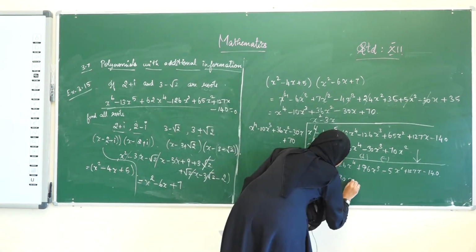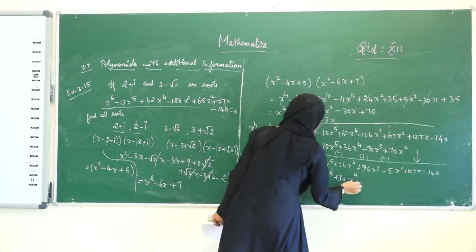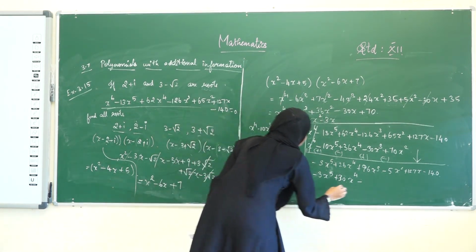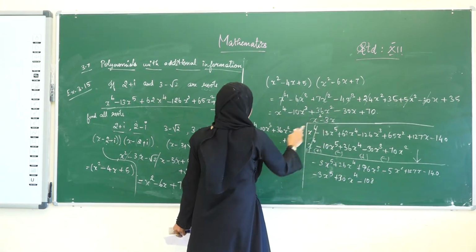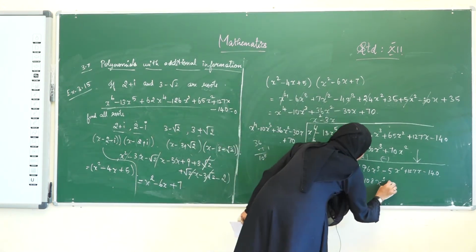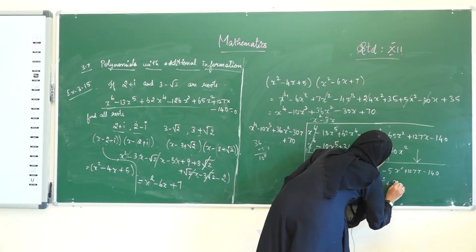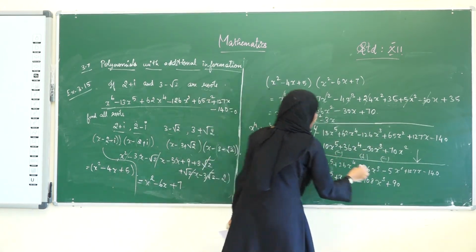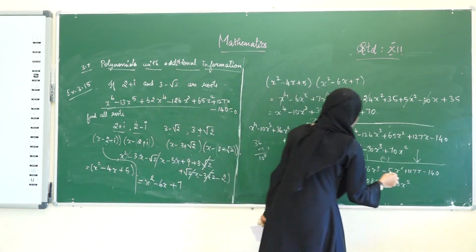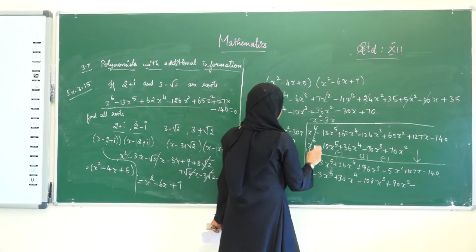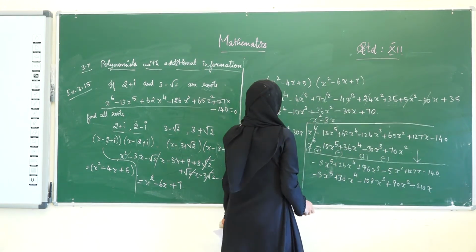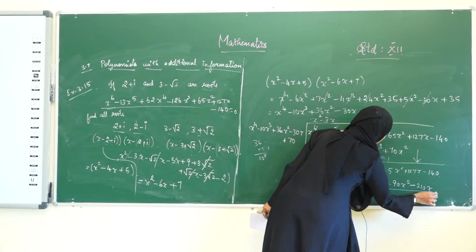x into x cube is x power 4. So minus into plus, minus 36 into 3: 6 threes are 18, balance 1, 3 threes are 108, so 108x cube. Minus into minus is plus, 3 into 30 is 90. x into x is x square. Minus 3x, means here it is 7, 7 threes are 21, minus into plus is minus, 70 into 3 is 210x. Okay, so we are going to change the symbol again.